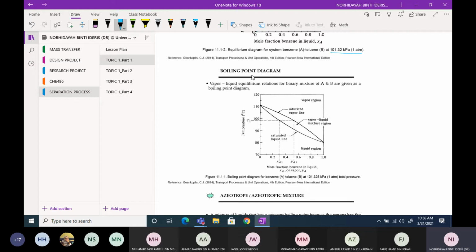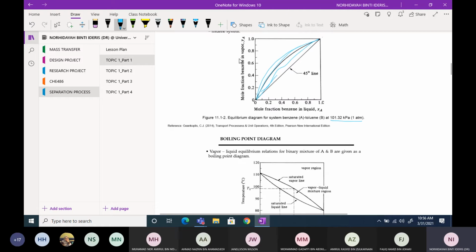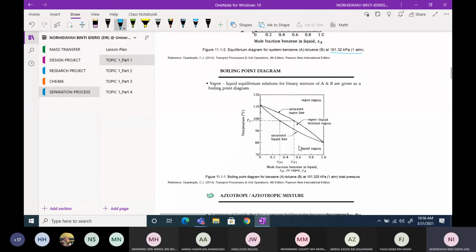Okay, the boiling point diagram here shows you the relations for a binary mixture of A and B. For example here, this is the mole fraction in vapor, YA versus XA, of benzene, right? From this diagram you can have two pieces of information, which is the temperature versus mole fraction, and this mole fraction can be either XA or